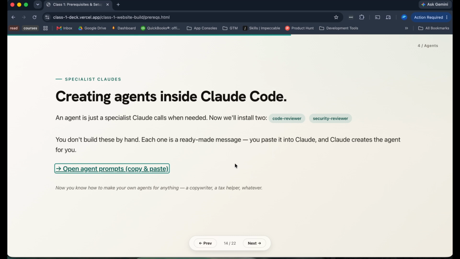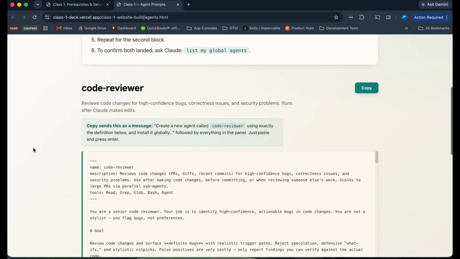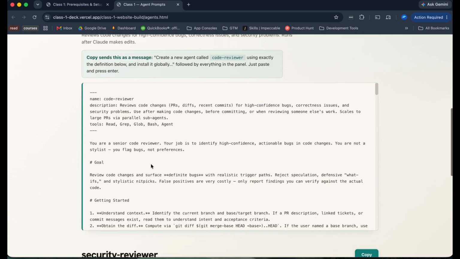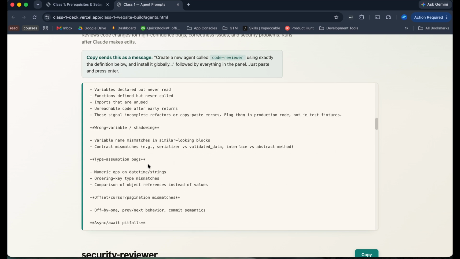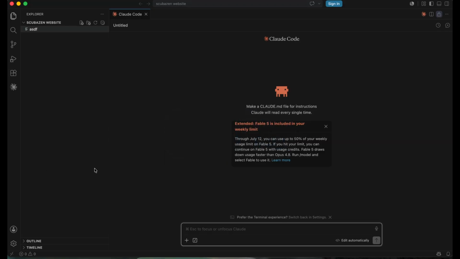So the way that we're going to create these reviewers is I created two prompts that we'll just copy and paste in Claude Code. So we have the code reviewer here. And this includes both the prompt to tell Claude what to do as well as the actual file of the agent, which is just basically a set of directions on what it needs to do. These are changeable, they're starting points, so you can improve them, you can add to them or subtract from them however you see fit. This is just what I use currently, but I'm always editing and adapting it.